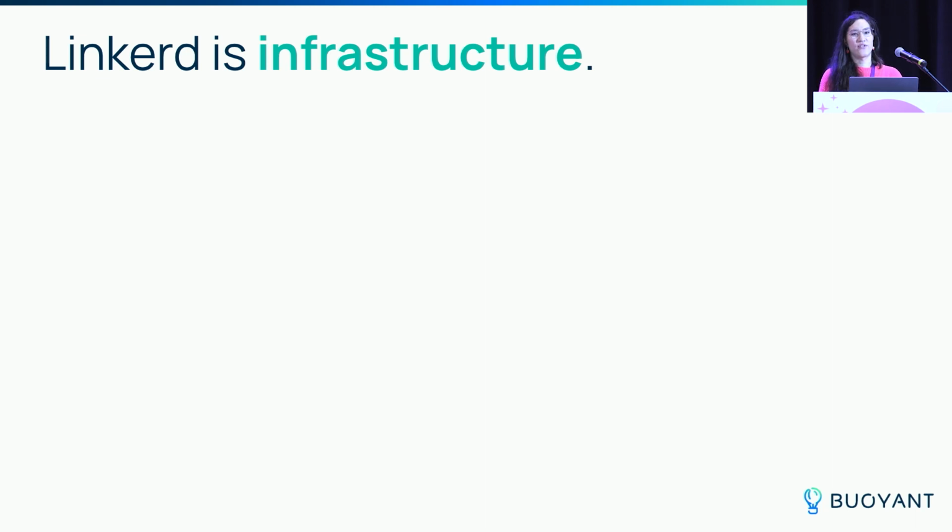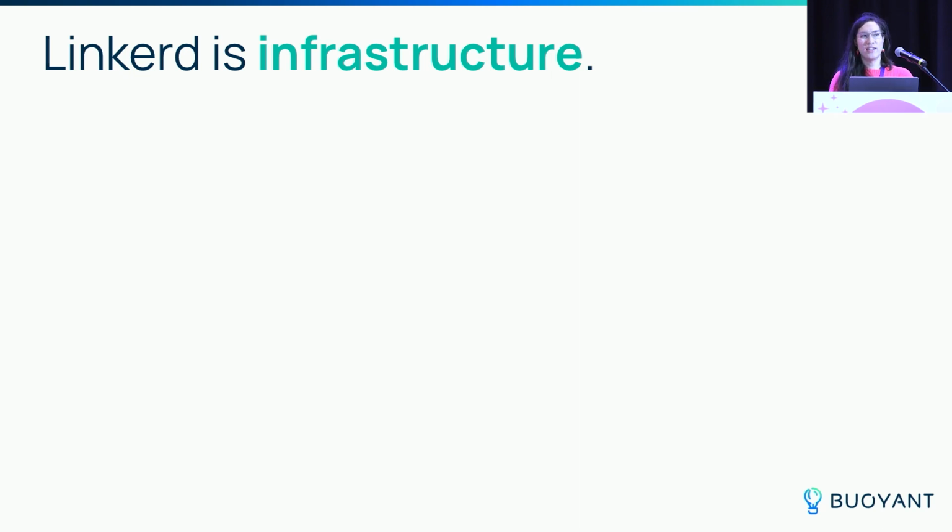So Linkerd is infrastructure, and there's kind of two different things that I mean by this. Number one, Linkerd is infrastructure for your application. It's network infrastructure. Whenever your application is going to make a HTTP call or a TCP connection or any kind of network call, it uses Linkerd under the hood kind of transparently, and Linkerd is responsible for getting those packets where they need to go. So just like your operating system is infrastructure or your network card is infrastructure, Linkerd is infrastructure to your application.